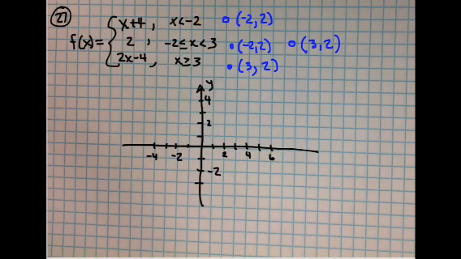When x is negative 2, I plugged it in here, so negative 2 plus 4 is positive 2. So there's going to be an open dot at negative 2, 2. And then right here, it includes negative 2, so it's going to be a closed dot at negative 2, and y will be 2. And when x is 3, it's open dot right here. Again, y is going to be 2 because it's a constant function. And then down here, it's a closed dot. 3 times 2 is 6. 6 minus 4 is